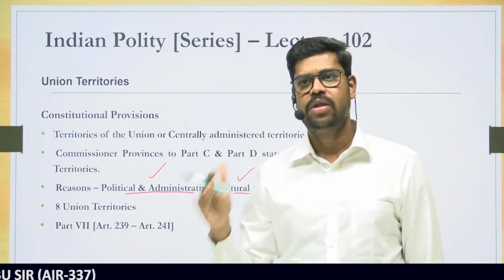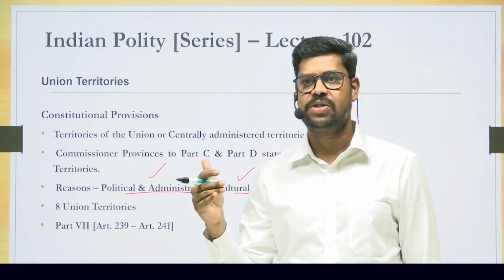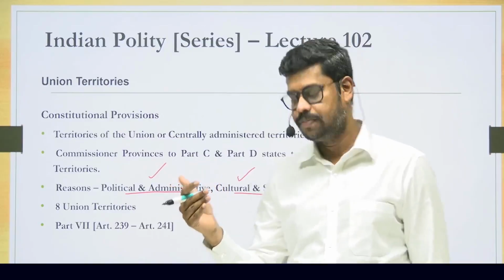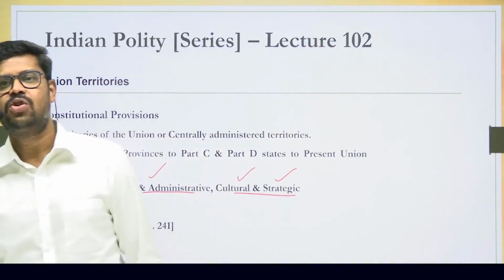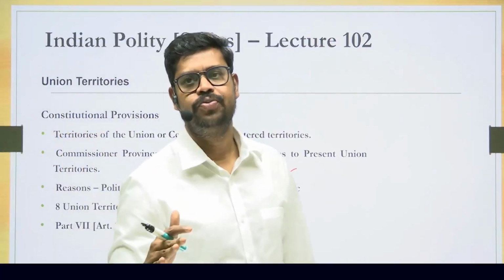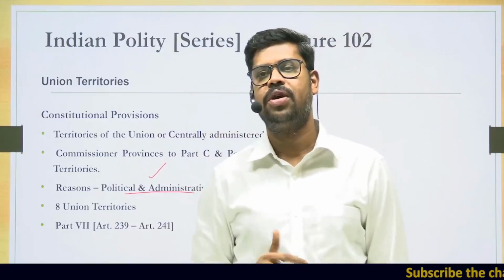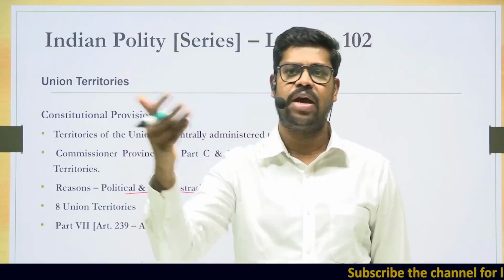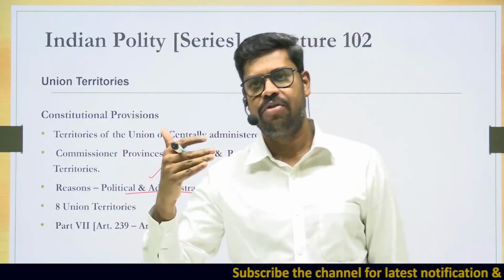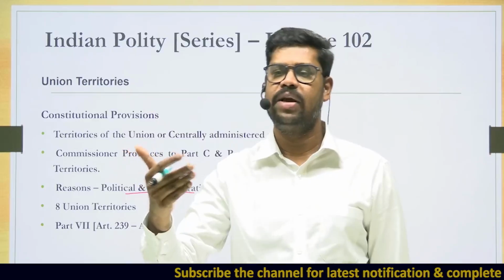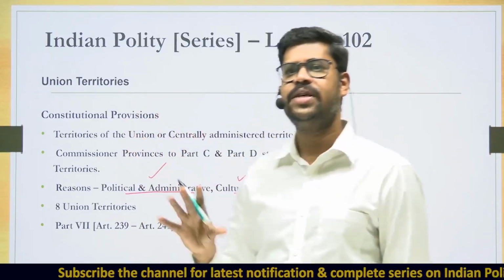Among all these union territories, today there are only 3 union territories which have a special status. When I say special status, there are 3 union territories today in our country which have a legislative body of their own. While the constitution itself authorizes the states to have their own legislative bodies, in the case of the union territories, if at all Parliament makes a law, by that law they can have their legislative bodies. All right. So this is some basic information.